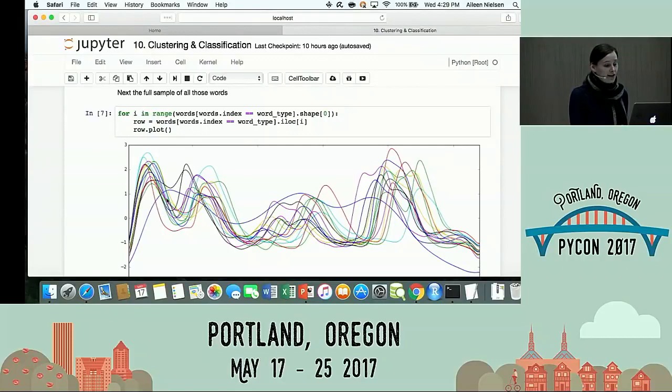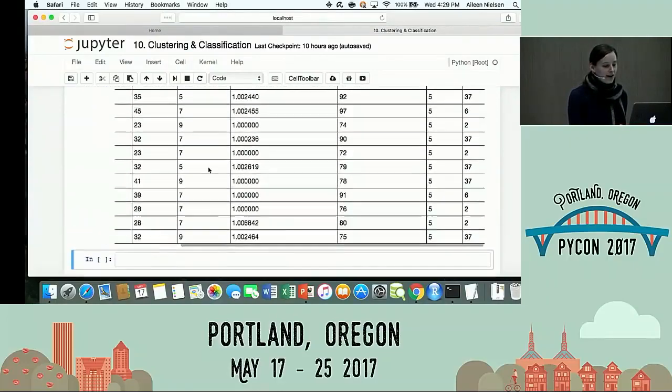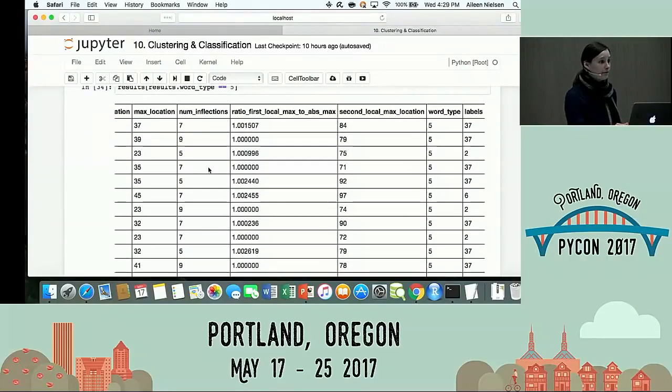And the way that we saw that this blue was the same word as this turquoise, it's hardly surprising that they didn't end up in the same cluster. But I get some sense that the clustering can accomplish something. So that's a straightforward example of how you can deal with time series when you maybe have irregular time series data, or where maybe you just think that the shape is more important than the actual data points, right?